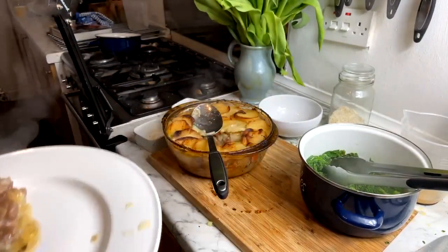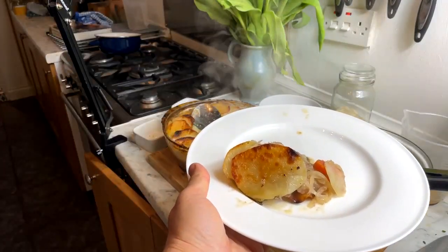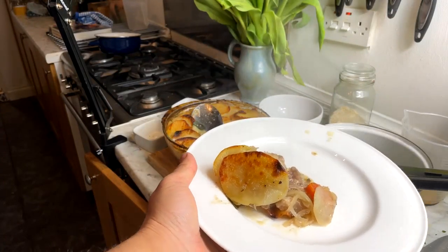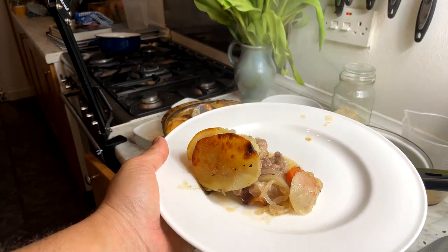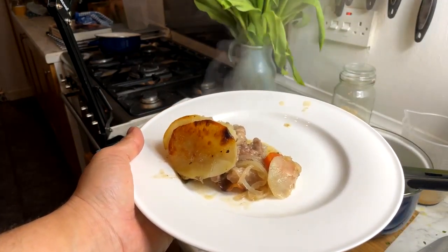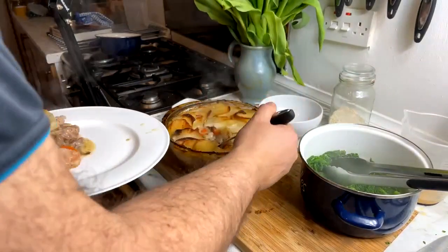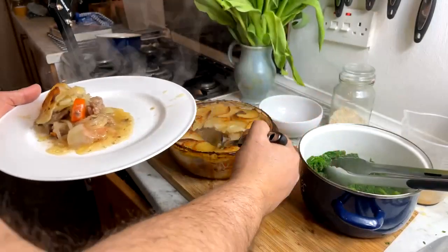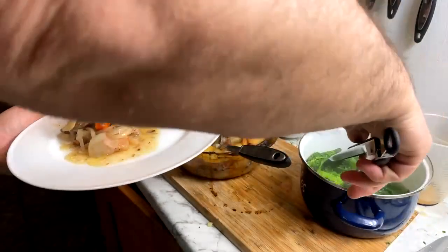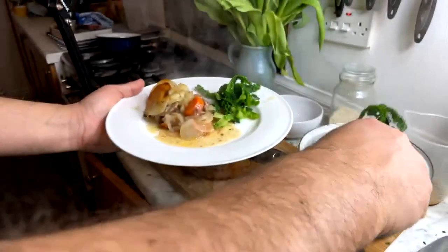what you don't want to be seeing is lots and lots of excess moisture. If you've got the consistency right, it should sit in its own pile, if you know what I mean. If you're seeing it swimming in liquor, then I think you've probably not done full justice to it. But you can then add in, obviously, so you can see there, hopefully, the meat, the carrots. I'm just going to add in, just draining it as we go,